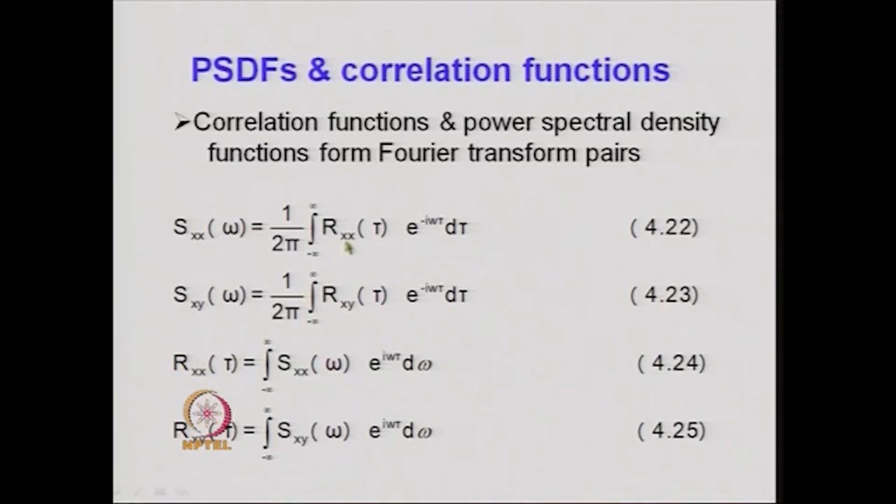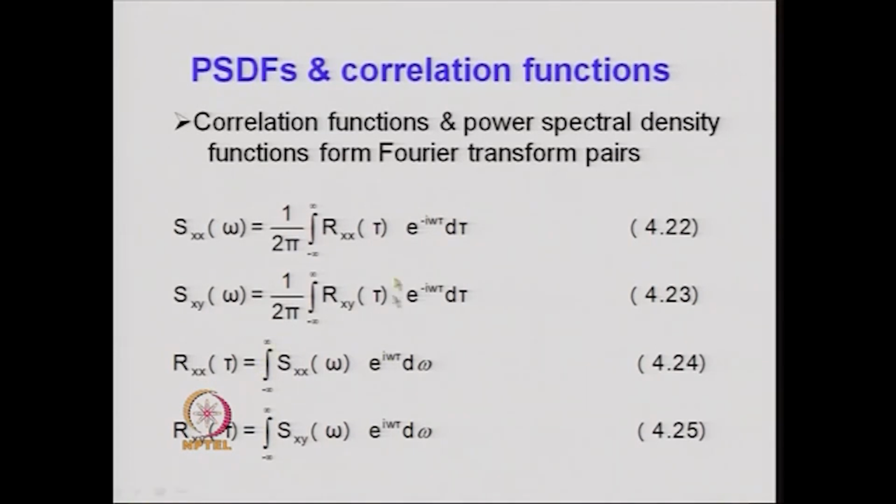In this particular fashion, one can also construct the power spectral density function from the ensemble of records. If you have an ensemble of records, one can obtain the autocorrelation first and then take a Fourier transform of that using FFT, and that will give us the power spectral density function. We need not then assume ergodicity and try to find the power spectral density function from a single time history, as we discussed before.